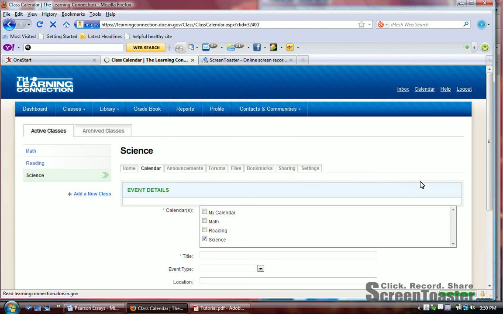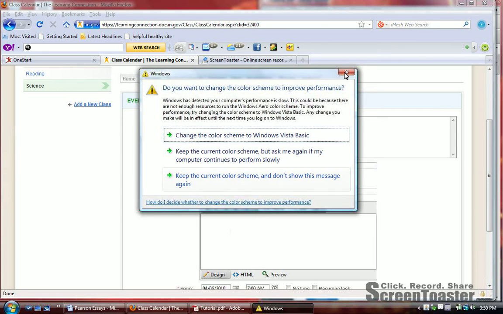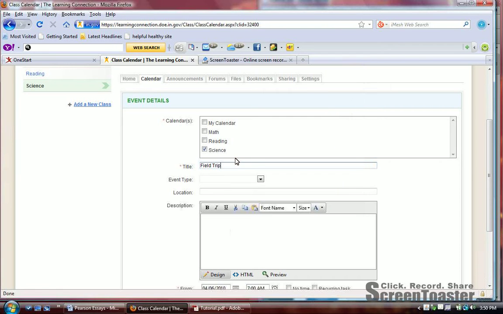Now a page will come up with all of our details for our event, and we can pick my calendar, your general calendar, or the calendar for any class. So here we have science. You have to have a title, as you can see with the asterisk. So we're going to make this a field trip, and we can add an event type if we want. Doesn't really seem to fit, so let's add a location. We'll go to a museum,